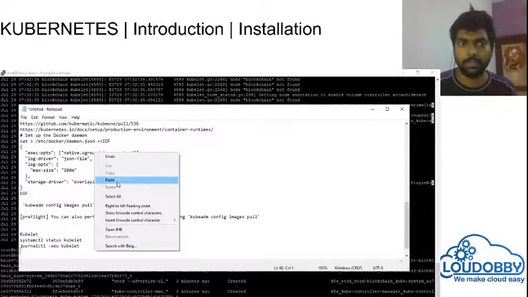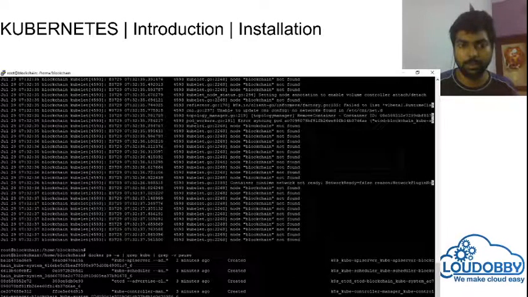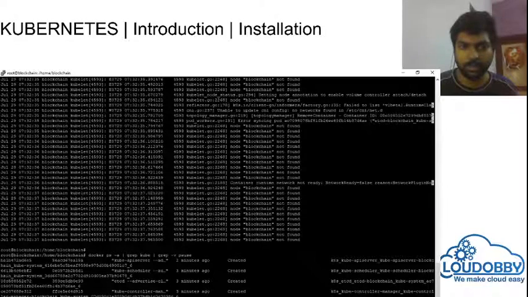So you can get these commands when you face issues. Definitely it will suggest what command to run. If you're not facing an issue, then it's good. So I can see grep kube, basically docker ps -a, and in that grep is just searching for names which start with kube. So here I can see kube-system.